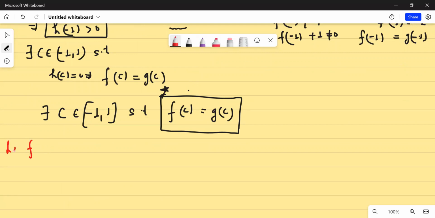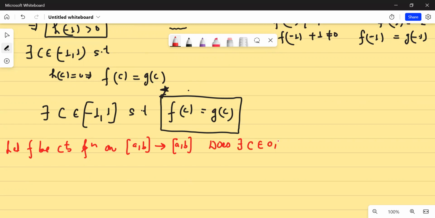Let f be a continuous function defined from closed interval a comma b to a comma b, ठीक है? Does there exist some c belongs to a comma b such that f of c is equal to f of a plus f of b divided by 2? सोचो इस पे।